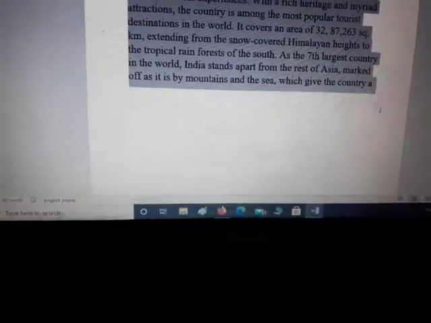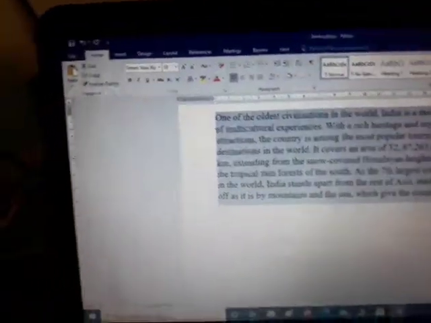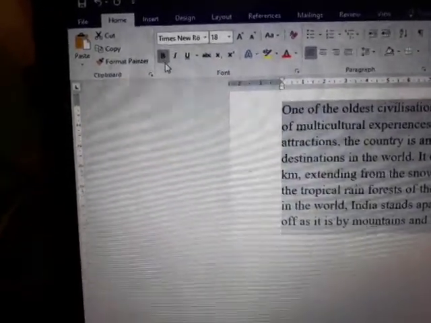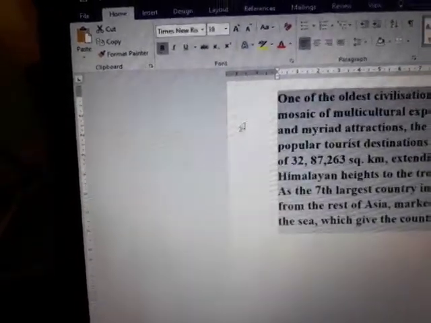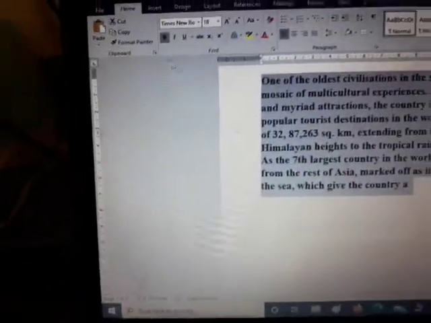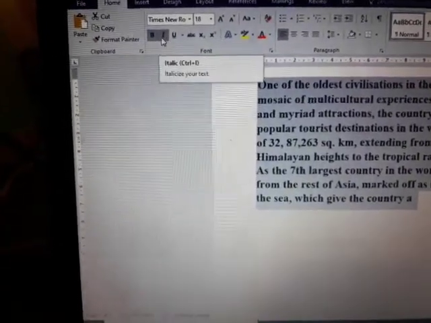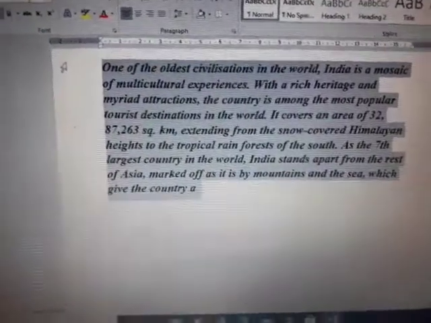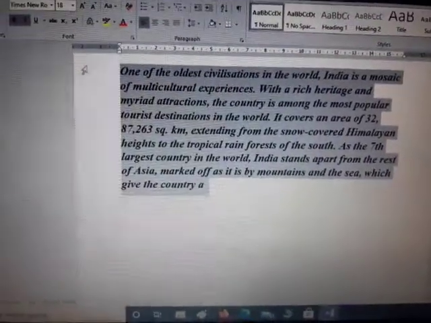Now I want everything to become bold, which means once again select this complete text and then click here, Bold. You can see the option here, Bold, B. And next, if I want to turn the same thing into italics, I, Italics. So the writing style is quite different now.